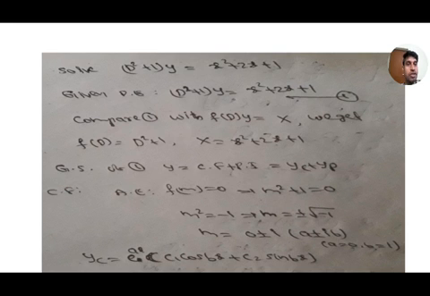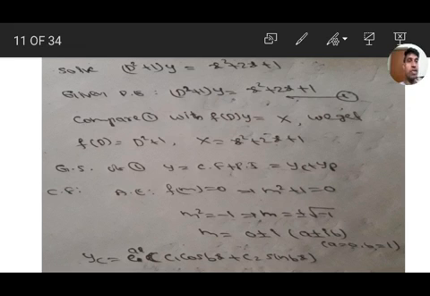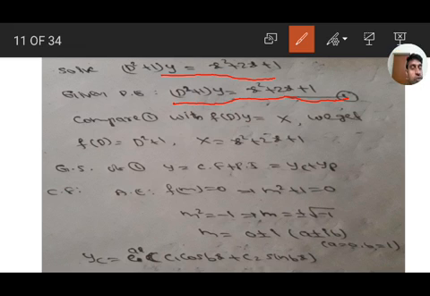Next, the solutions of the equations. Solve the differential equation (d square plus 1) of y equal to x square plus 2x plus 1. So given differential equation, that is (d square plus 1) of y equal to x square plus 2x plus 1. Compare equation 1 with f of d of y equal to capital X, the standard form. So we get f of d equal to d square plus 1 and capital X equal to x square plus